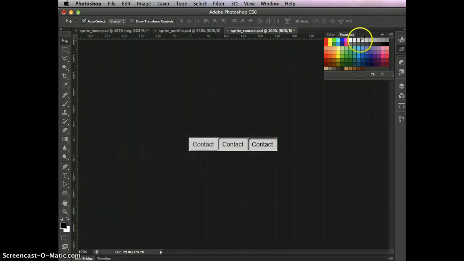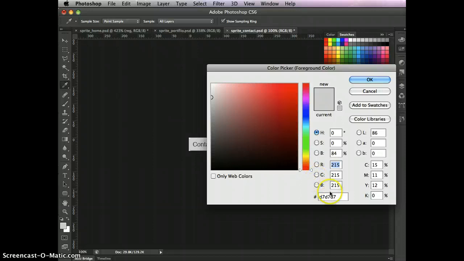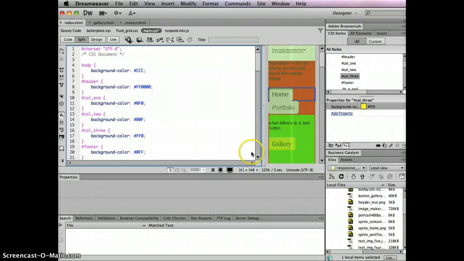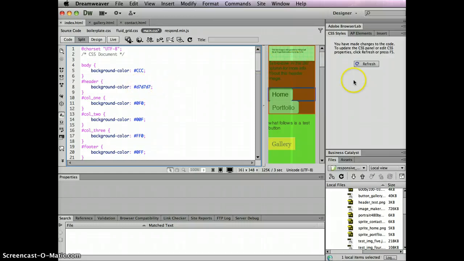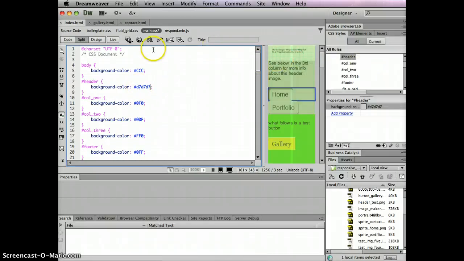When I click on the build that we used over here in the swatches panel, which was 20% gray, it's going to put that color in here. Now when I double click on it, I can get the build of it, and down here is actually the hexadecimal value. So all I need to do is swipe across that, Command C to copy it, go back into Dreamweaver, and either just put it in here manually, or, what the heck, since this is already hex, let's just copy that. We need the pound sign in front, so we'll leave that there, and then when we refresh we should have a better looking